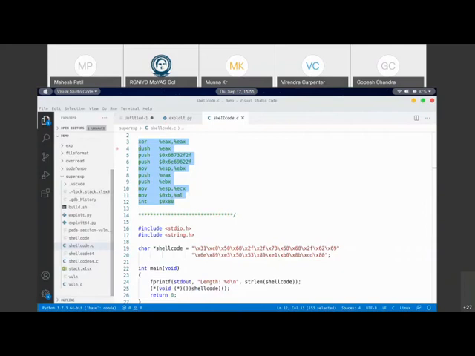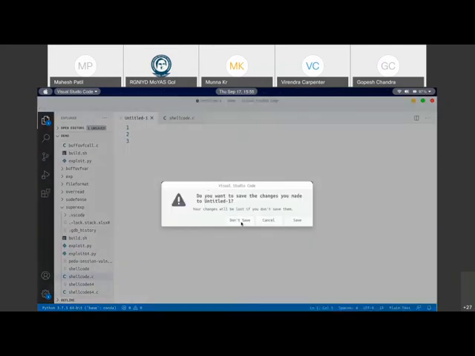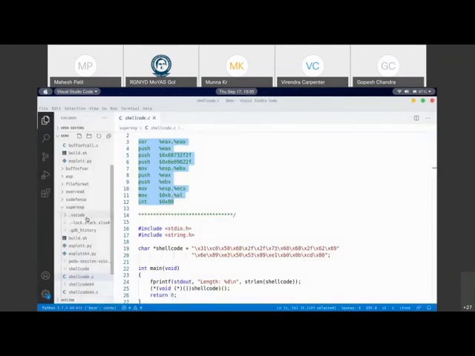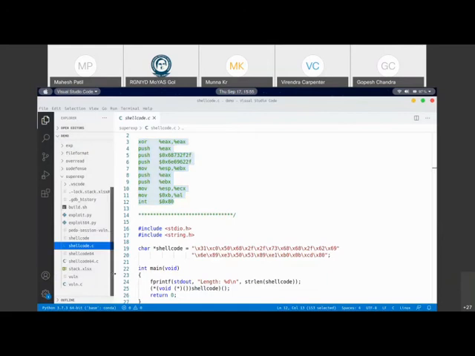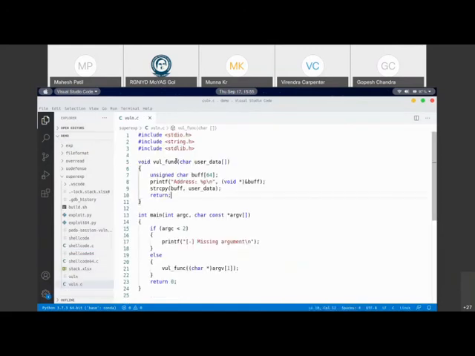So let us go and open our program first. I call it vuln.c. So this is the vulnerable program. In this 64 bytes of buffer, somehow we should inject the shell code we have got. So how do we do that?